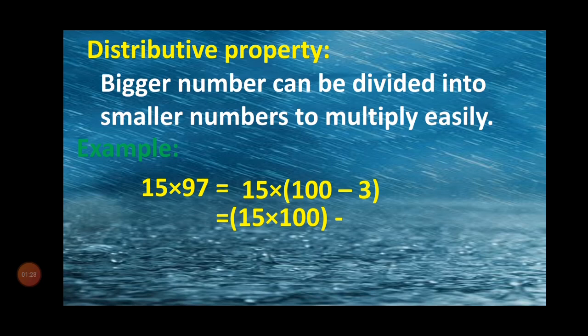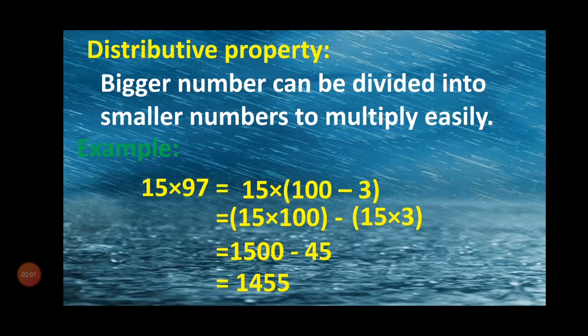A minus sign, that you write. Then 15 into 3. We multiply separately. So 15 into 100 minus 15 into 3. Now 15 into 100, how much? 1500. Minus 15 into 3, how much? 45. Then you have to subtract these two values. Finally we get